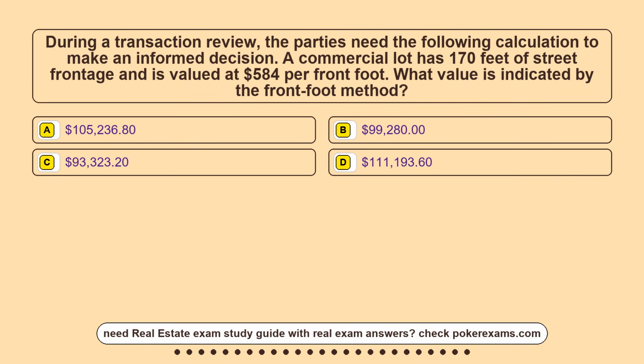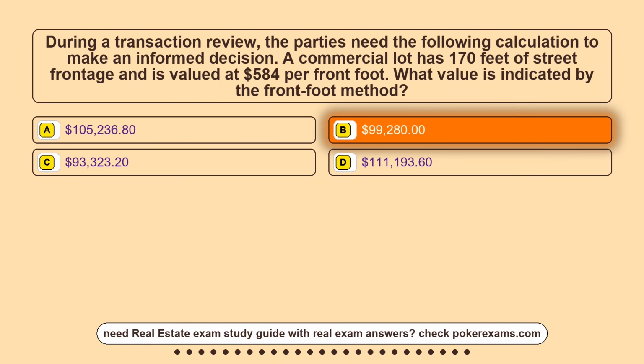Option A, $105,236.80. Option B, $99,280. Option C, $93,323.20. Option D, $111,193.60. The correct answer is option B,